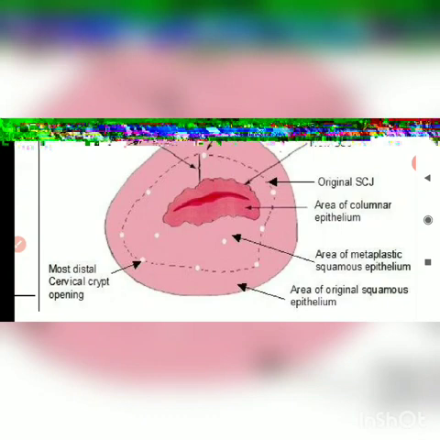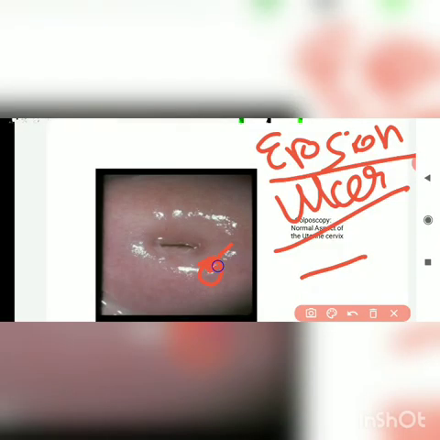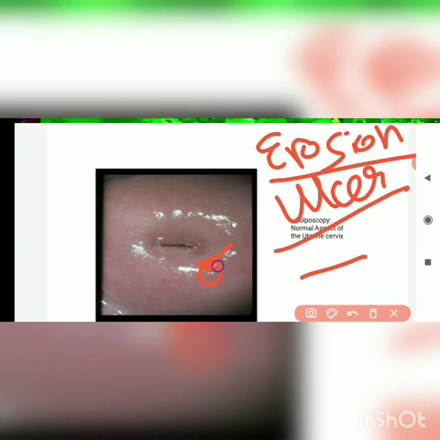Suppose there is some lesion in the cervix, the ectocervix. Squamous epithelium will be there and there is some ulcer, that is, a breach in continuity, and this ulcer has been formed by replacement by the columnar cells, and it will look like erosion. So erosion is nothing but replacement of one type of epithelium by another type of epithelium in order to heal the breach in the continuity. Erosion is nothing but a healed ulcer. When an ulcer is healed by replacement with a different type of epithelium, it is known as erosion.